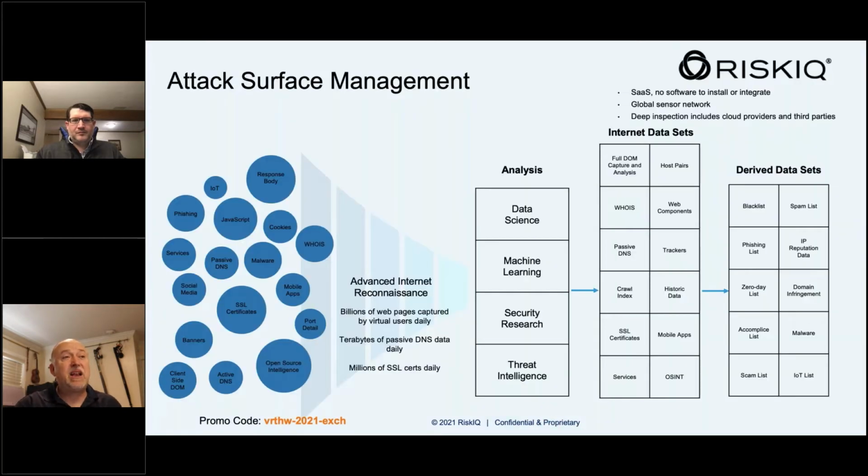So as that data comes in, we have data scientists, machine learning researchers, and threat investigators that will figure out how to identify something, how to look at something. The data scientists will make it at scale to be able to find those things. So as the data flows in, it goes into those data sets and we understand what's happening. But we also have the ability to go back in time.